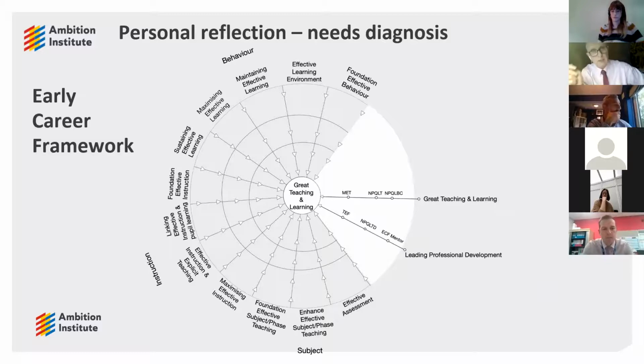Whilst it may be positioned as a programme for early career teachers, the evidence, the insight, the practical application, and the further reading that sits under each of these domains provides an awful lot of evidence and support, not just for individual teachers, but for more experienced teachers as well.